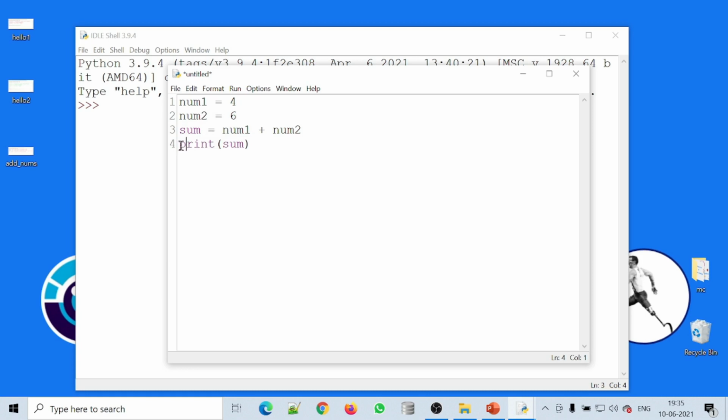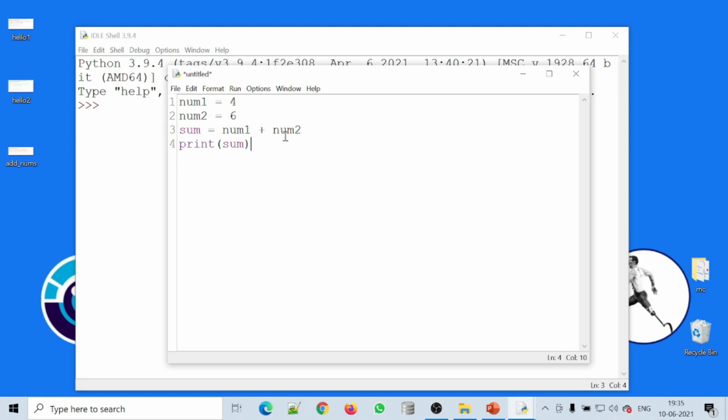Print is a function in Python to print whatever is specified over here. If we specify a string over here, it will print the string, and if we specify some variable name, then it will print the value of this variable. And here number1, number2, and sum, all three are variables, and a variable stores a value. We will see in detail what a variable is, but right now just remember that number1, number2 and sum are symbolic names to store values. So here this print function will print the value of sum.